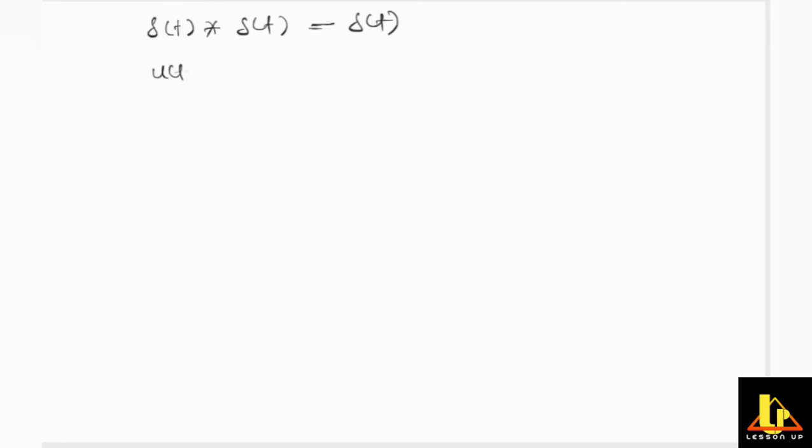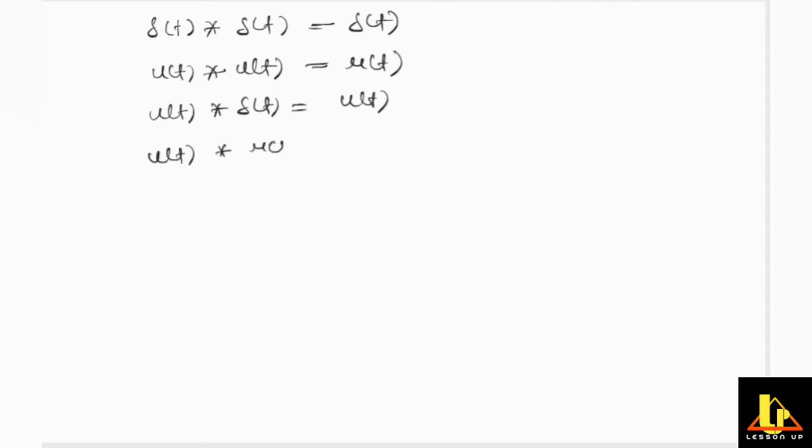If you convolve two step inputs, you will get a ramp. If you convolve a unit step with an impulse, you will get a unit step. If you convolve u of t with a ramp, you will get a parabolic. And if you shift